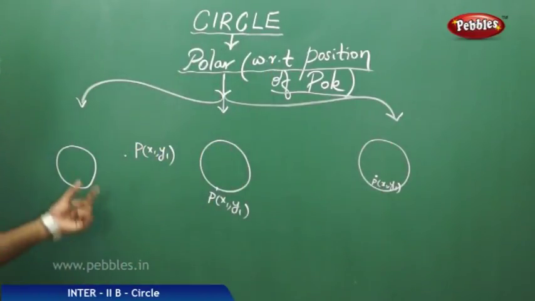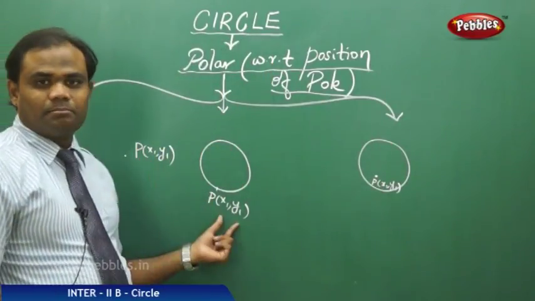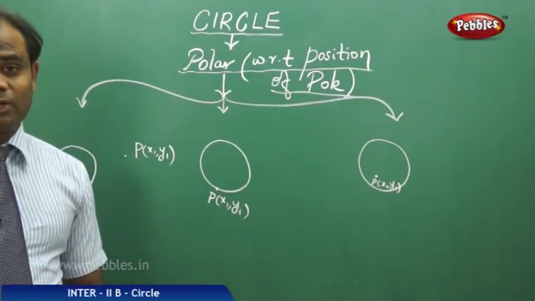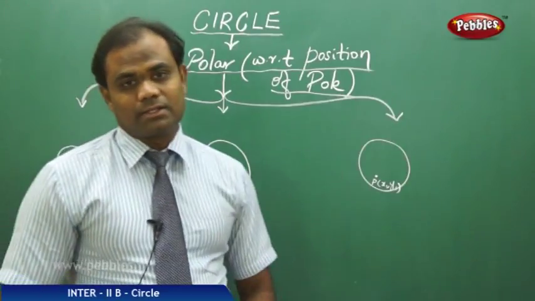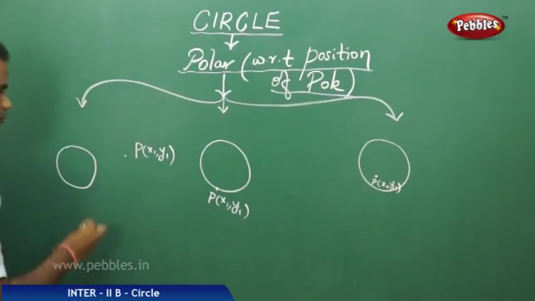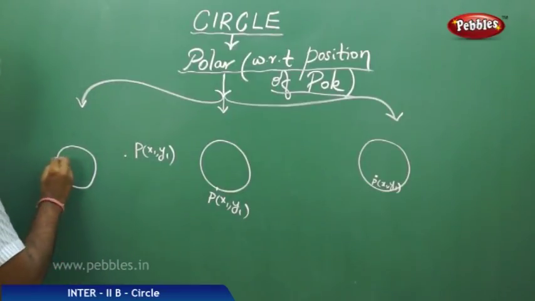So with three positions, where P is outside, P is on, and P is inside, let's see what would be the respective polar for the poles in three different positions. So for P outside, let me take,